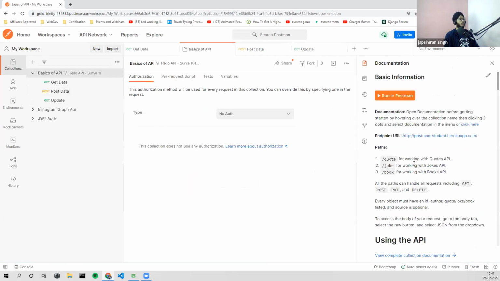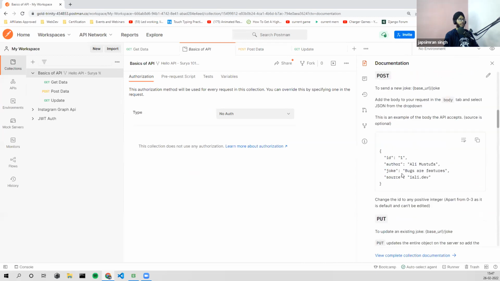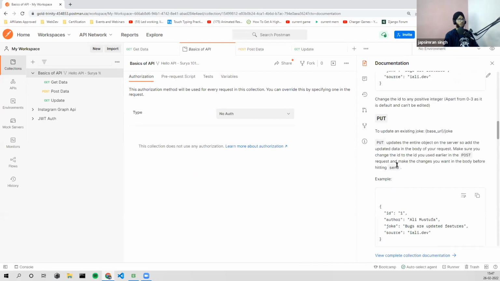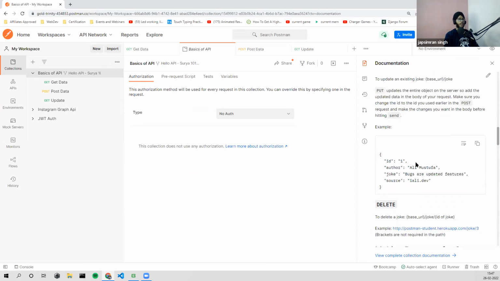That is also great. Then we'll go to update. I want to update a joke, so we'll go to the put method. We have to pass the base URL, and then send the same data with the new changes.